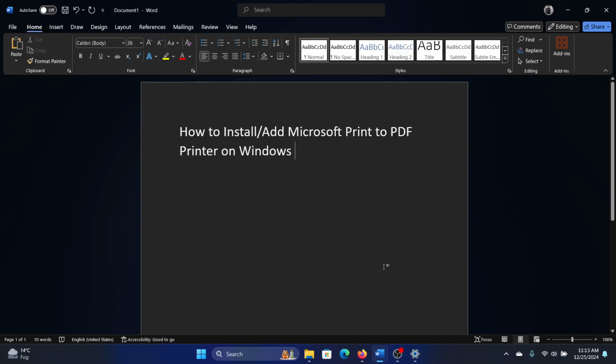Hey friends, if you wish to install Microsoft Print to PDF printer on your Windows computer, then please watch this